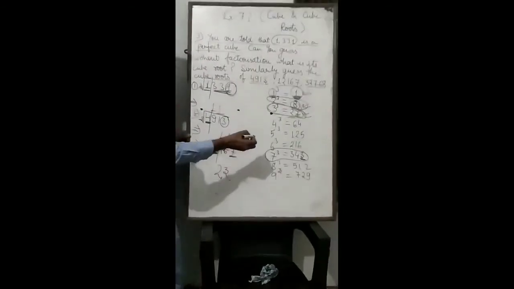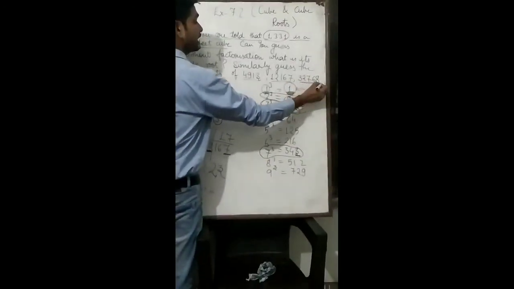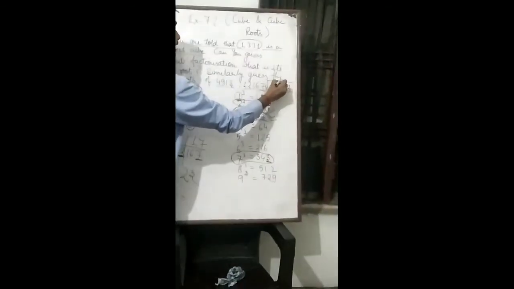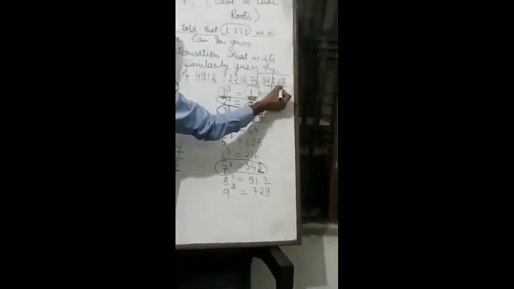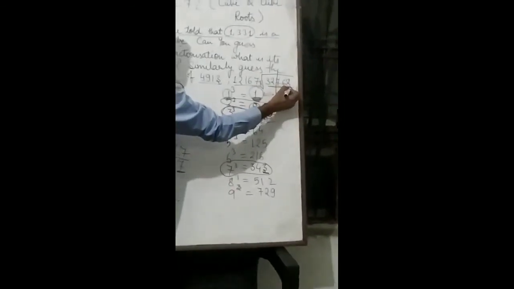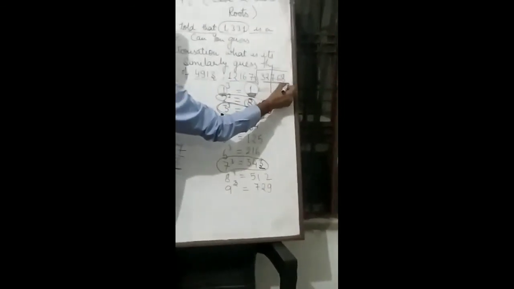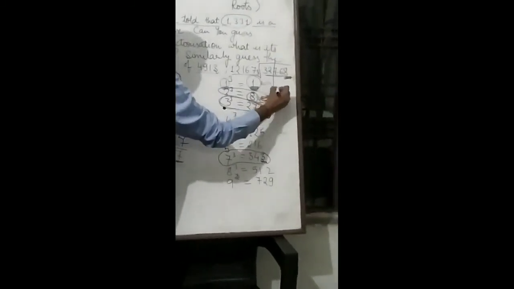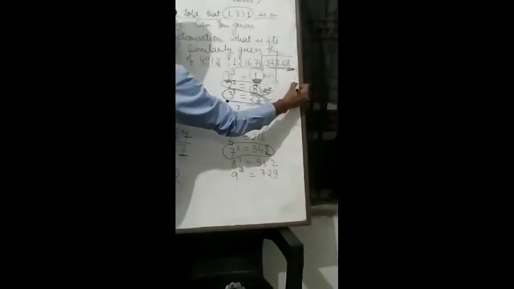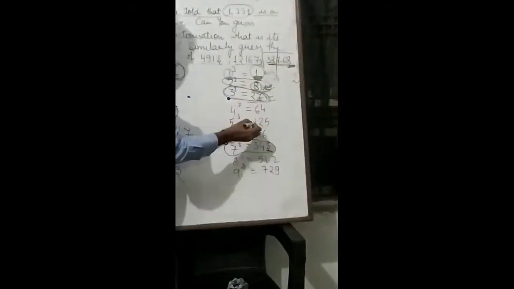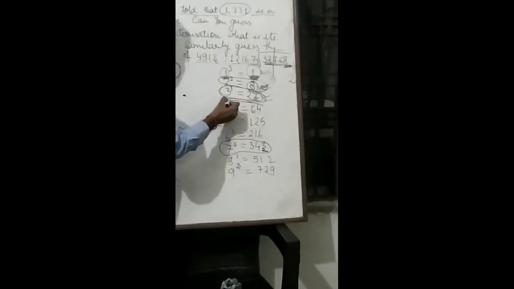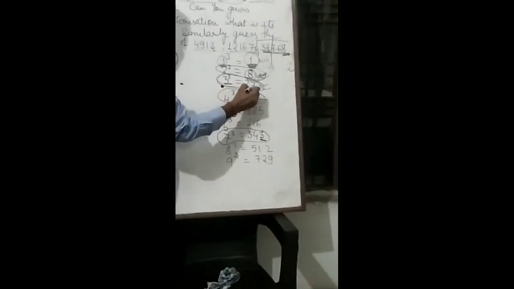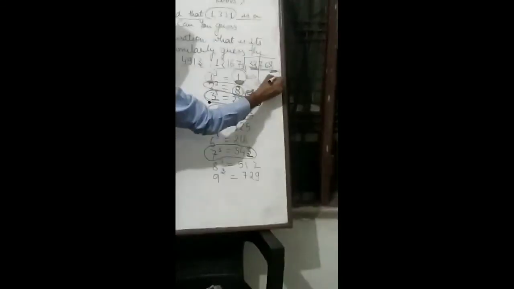So students, let's see the last part. It is 32,768. We will make the cube root here, and part the digits. When we count the last 3 digits, 1, 2, 3, 768 will be the last group. And pick its unit digit. The unit digit is 8. 8 will come from 2's cube. So its value will be 2. And here you can see 32 is here. 4's cube value is 64. It is greater. So we will pick 3's cube, that is 27. That means its answer will be 32.